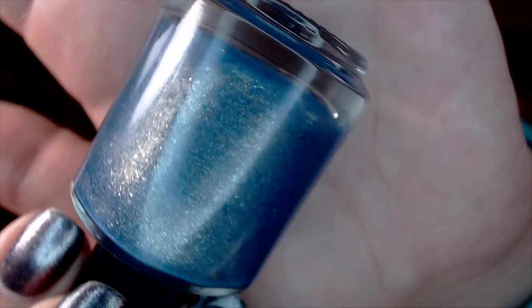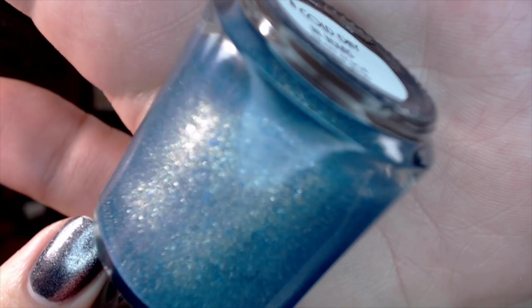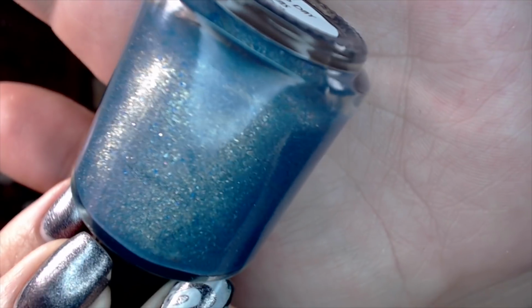The last 2 here, these are both the thermal polishes. The first one here is from Native War Paints, and it's called A Cold Day in Texas. This is a really fun thermal polish. So in the bottle, it kind of looks like blue. There are these little blue flakies in there with a whole bunch of silverish goldish shimmer, but